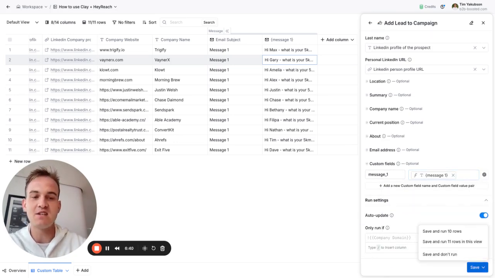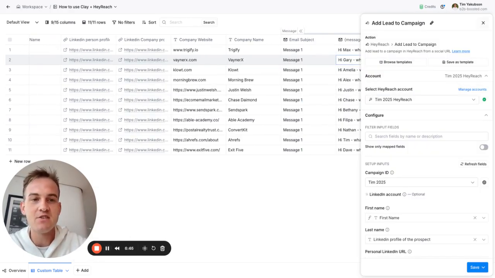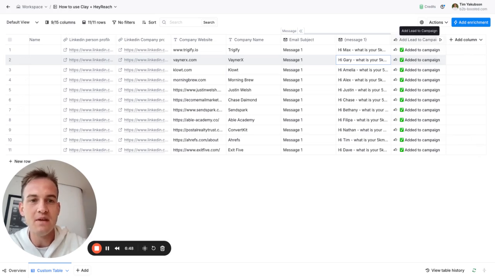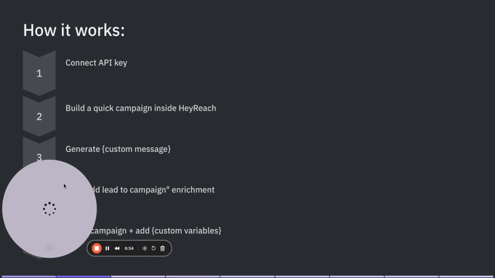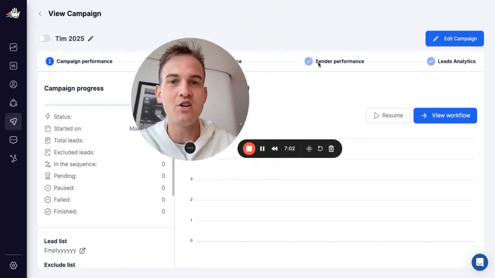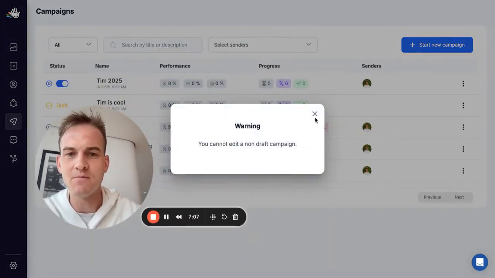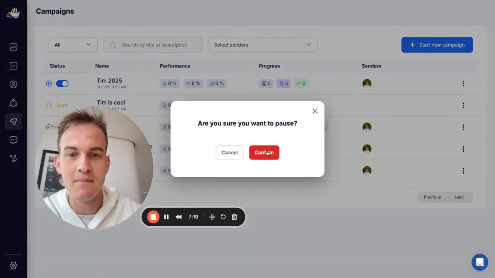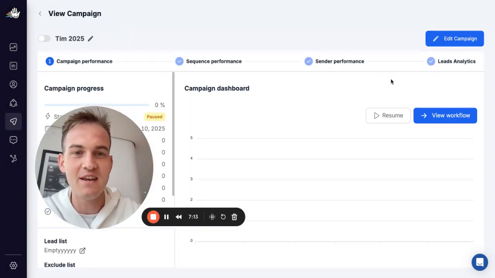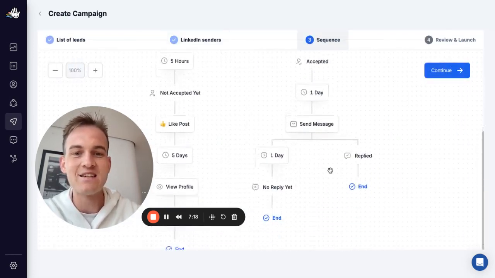What we then have to do is just click on save and run 11 rows in this view. What we should start seeing is leads being added to the campaign. In this case, you can see that they've all been added here. And what we then need to do is look at our step-by-step guide. So after we added the leads, we need to pause the campaign, which we've already paused, and we need to add the custom variables. Now, the way we'll do that is we'll go back to HeyReach, we'll click on edit campaign, and at that moment in time, we just need to make sure that that campaign is paused, because unfortunately it looks like I've already started that campaign for the prospects. Oops, guilty. And then once again, we'll click on edit campaign, we'll click on continue, and inside of this fancy